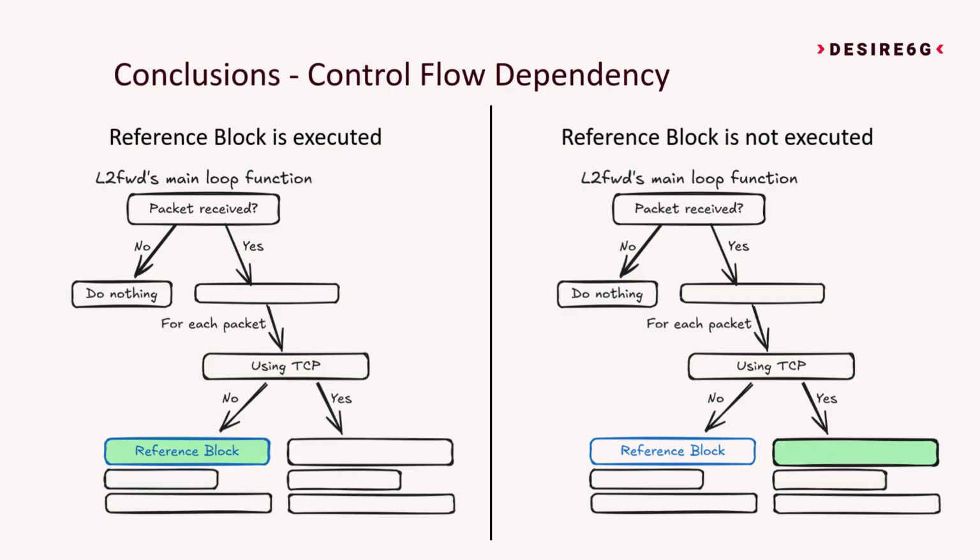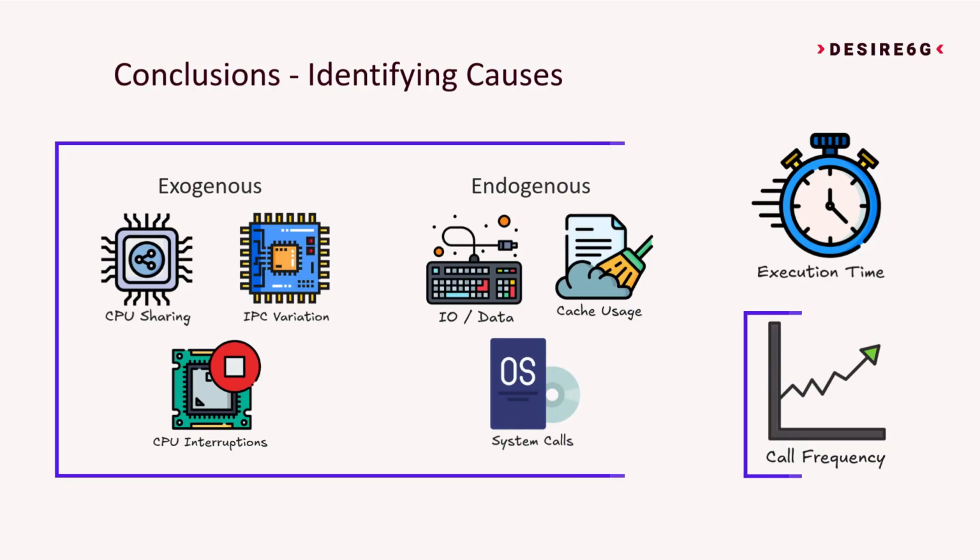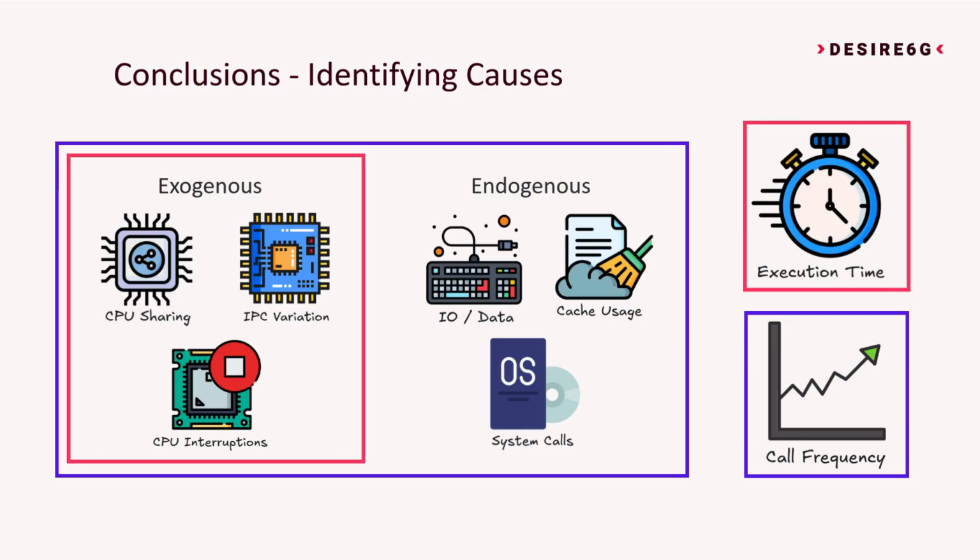However, this aspect also makes call frequency very flexible, allowing us to extract metrics for any specific treatment or loop per unit of time. For example, traffic volume in the case of L2 forward. Next, let's move on to identifying the causes of performance degradation. Call frequency is sensitive to both exogenous and endogenous factors, while execution time is only influenced by exogenous ones. By comparing both metrics together, we gain a way to determine whether performance variations originate from internal behavior or from